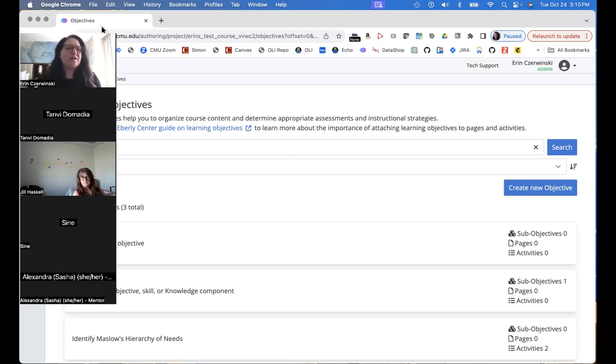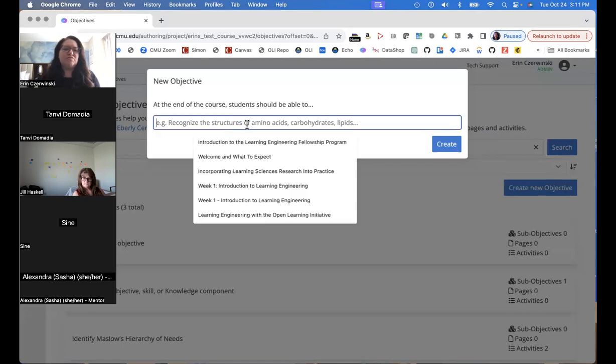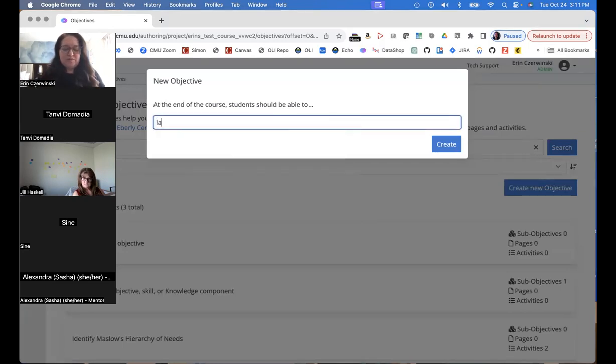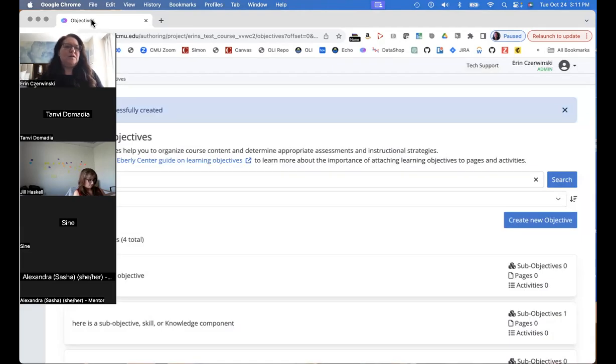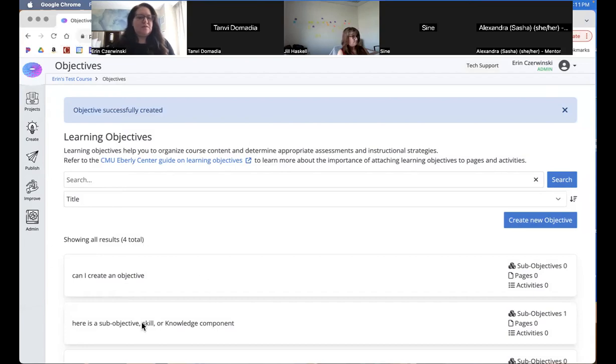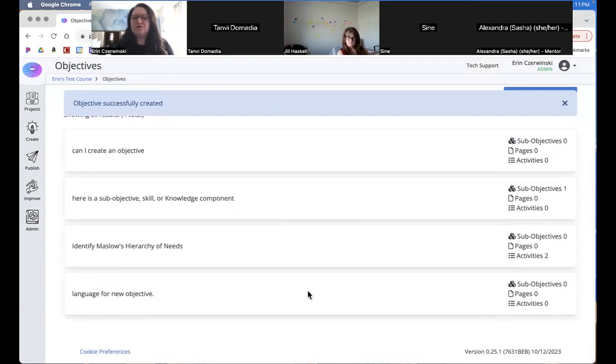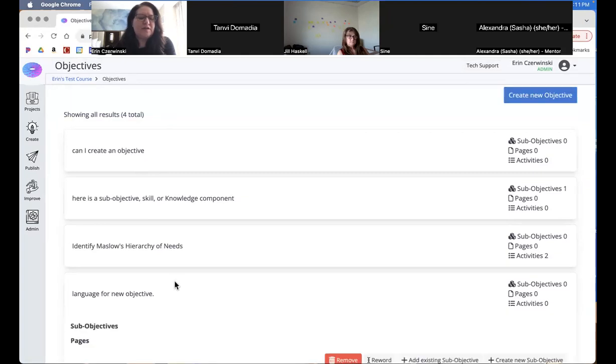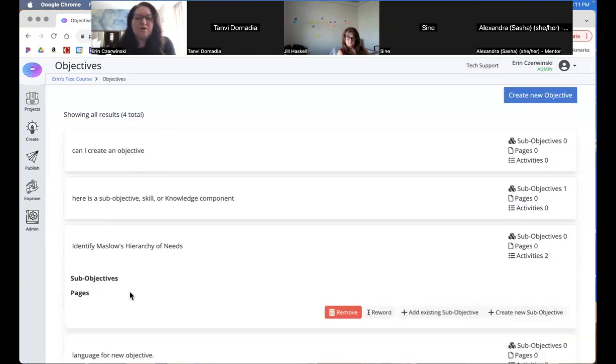it's just nice to have things already there. So to create your learning objectives, if you haven't done so already, you just hit this button, Create New Learning Objective, and then you can add the language that you want for the new objective and hit create. Here's the new objective. Now, here will be your list of objectives. I've put different objectives in here showcasing this functionality. If you click on any one of these, it'll open up.